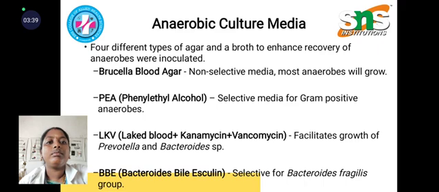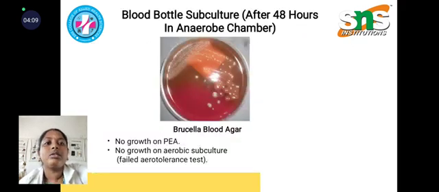Blood agar is a non-selective media, and on it most anaerobic bacteria will grow. Phenylethyl alcohol is a selective media only for gram-positive anaerobic bacteria, and LKV facilitates the growth of Prevotella and Bacteroides species. BBE is selective for the Bacteroides fragilis group. When culturing the blood bottle culture after 48 hours, we noticed some colonies had grown